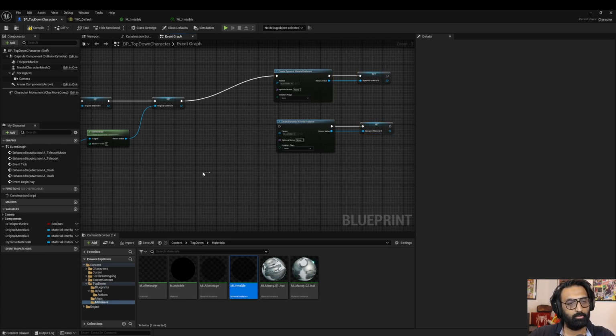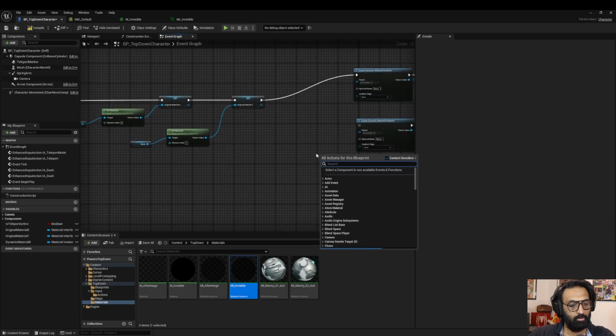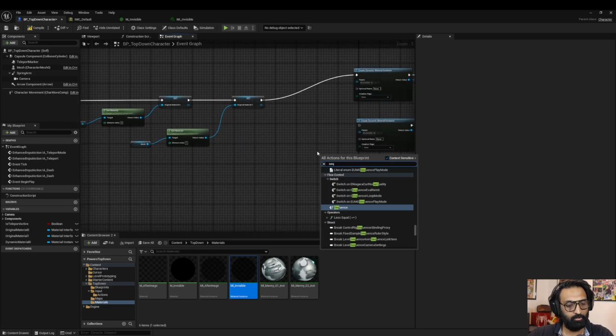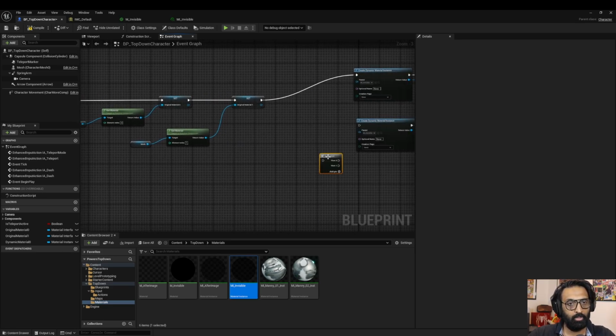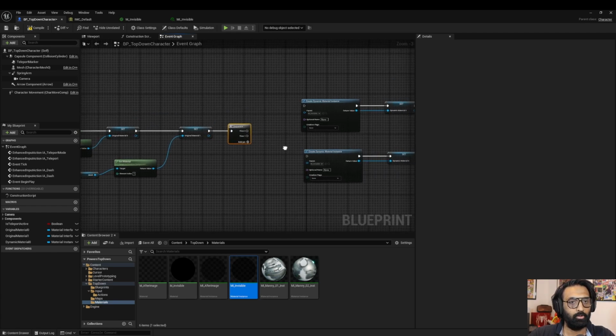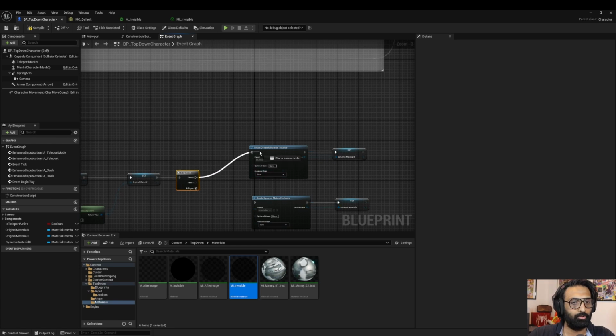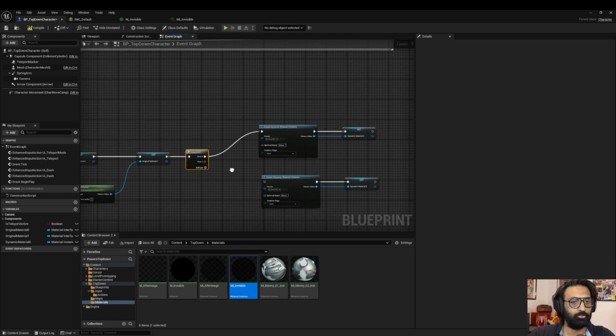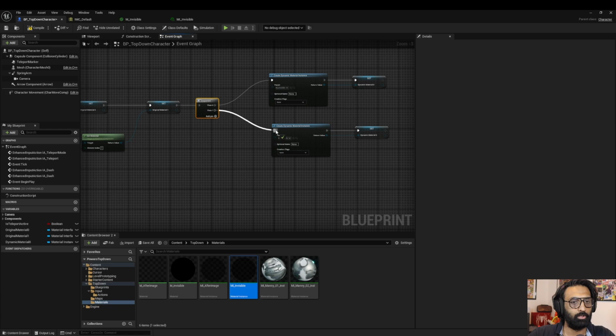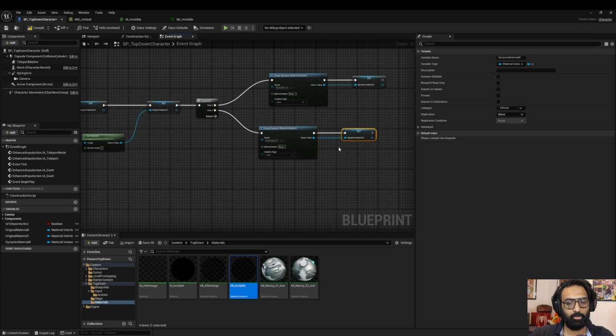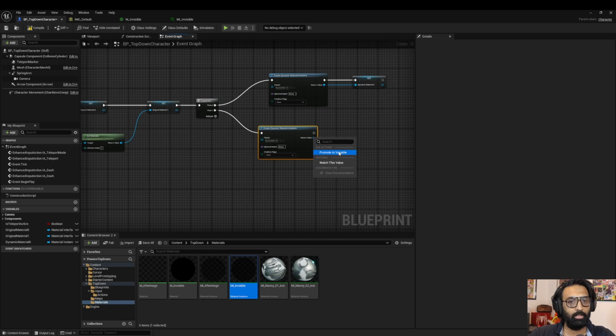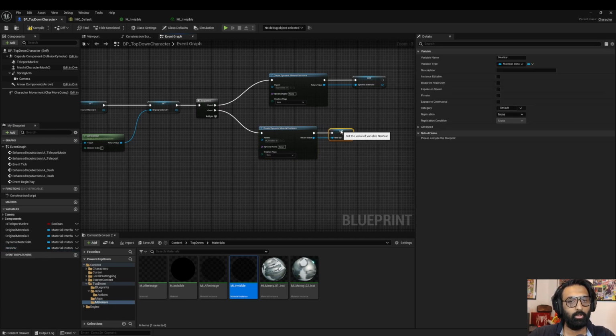Using a sequence, you can connect the final output of the set original material 1, and you can use then 0 to the dynamic material 0 and then 1 to the dynamic material 1. You can delete this and right click, promote to variable, and name it